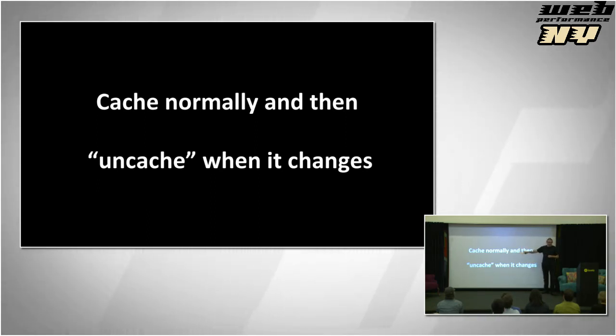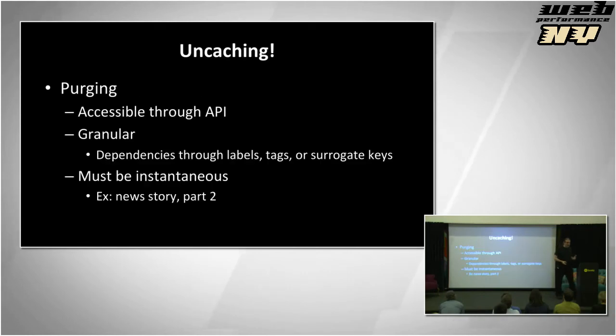We talked about uncaching earlier. This is what this means. And in the world of CDNs, we call this purging. This is what purging is. Purging is getting something off of the CDN. It's usually accessible through an API. It actually has to be accessible through API, because if your app knows about it, then you can programmatically get to that API and get it off the